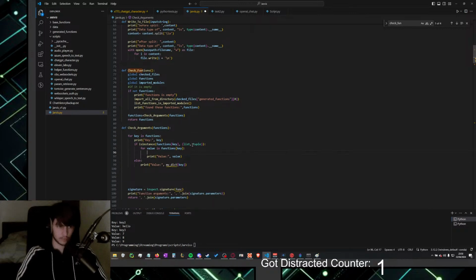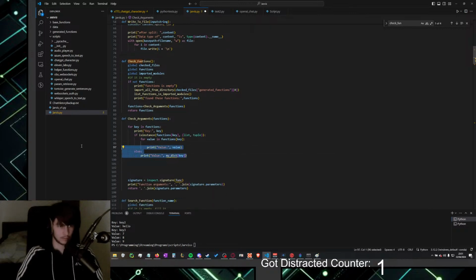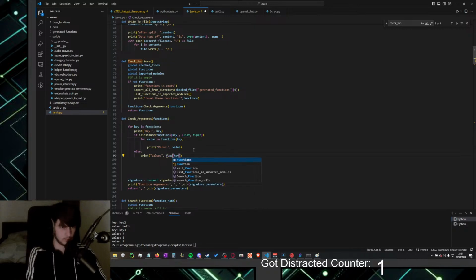Here we want to have the check, and here also. Value functions. Wait. For value in functions. Oh wait, if isinstance, then do that thing.